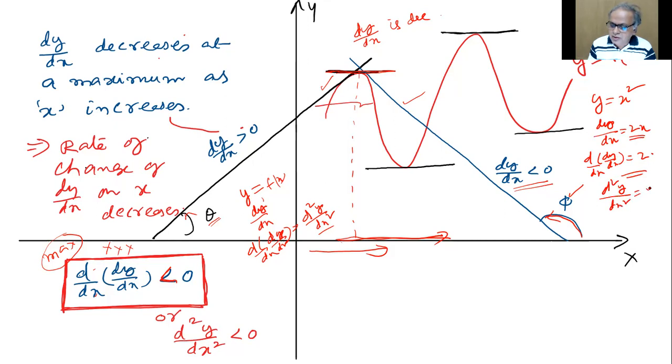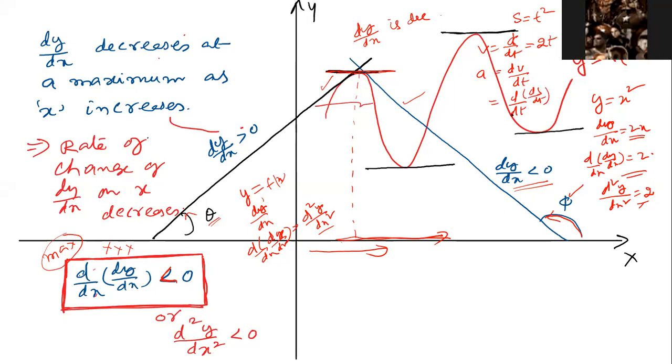So we say that the second derivative is 2. In fact, we did s equals t square when I had instantaneous speed. How much, children? ds by dt equals 2t. We called it v, and we said acceleration is dv by dt. But what is v, children? d by dt of v, where v is ds by dt, right?